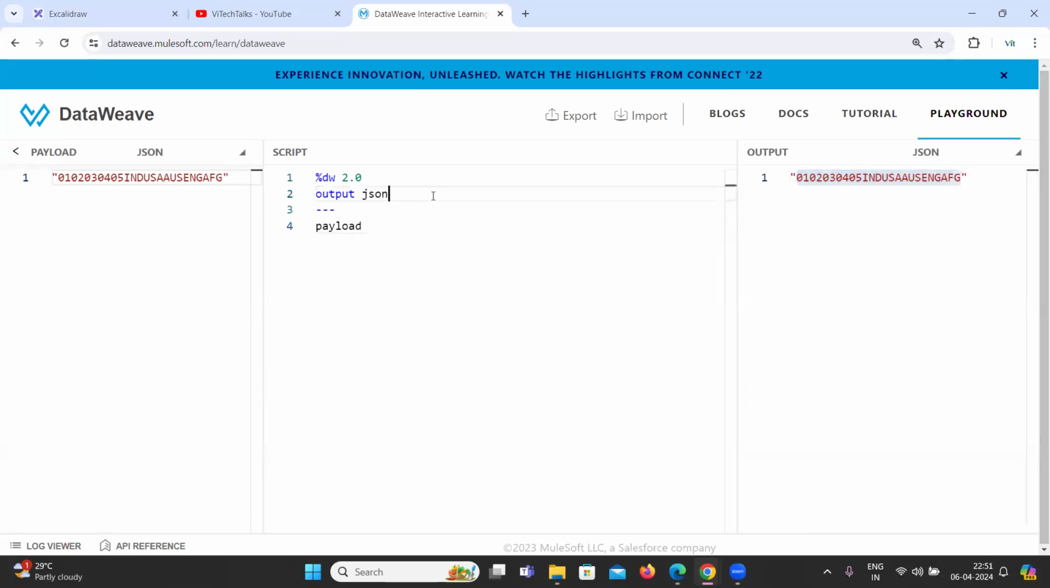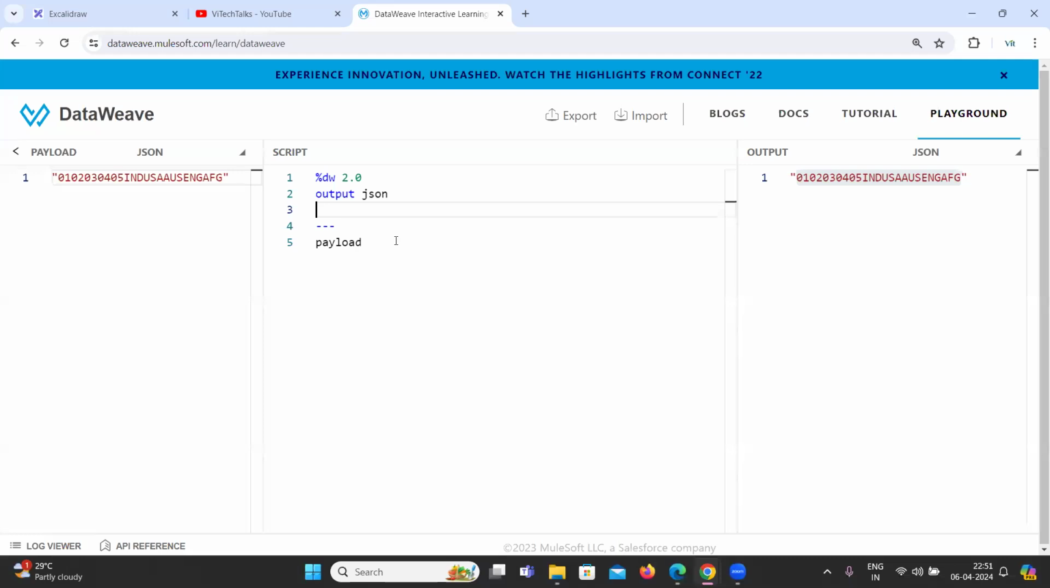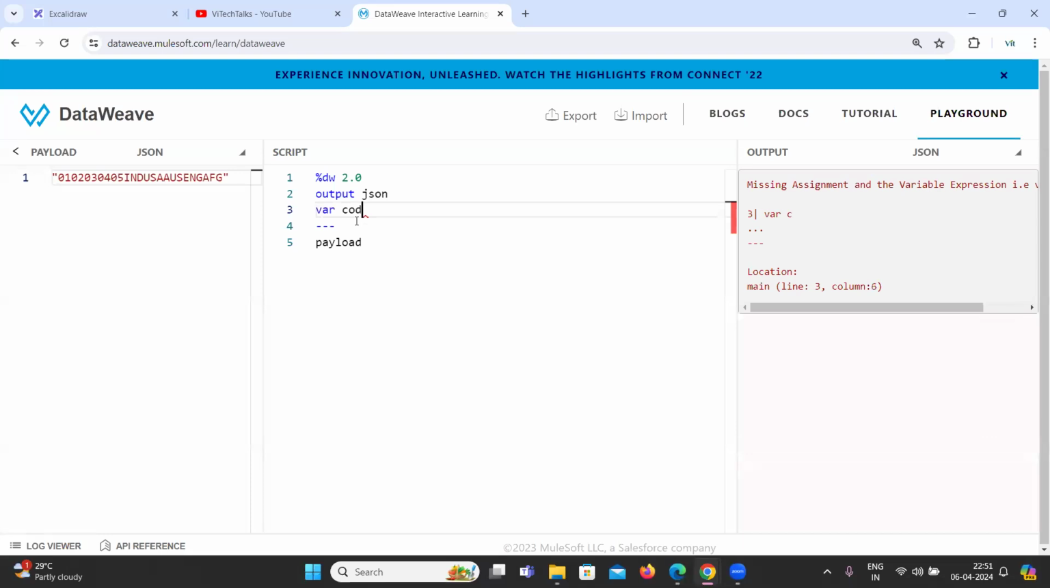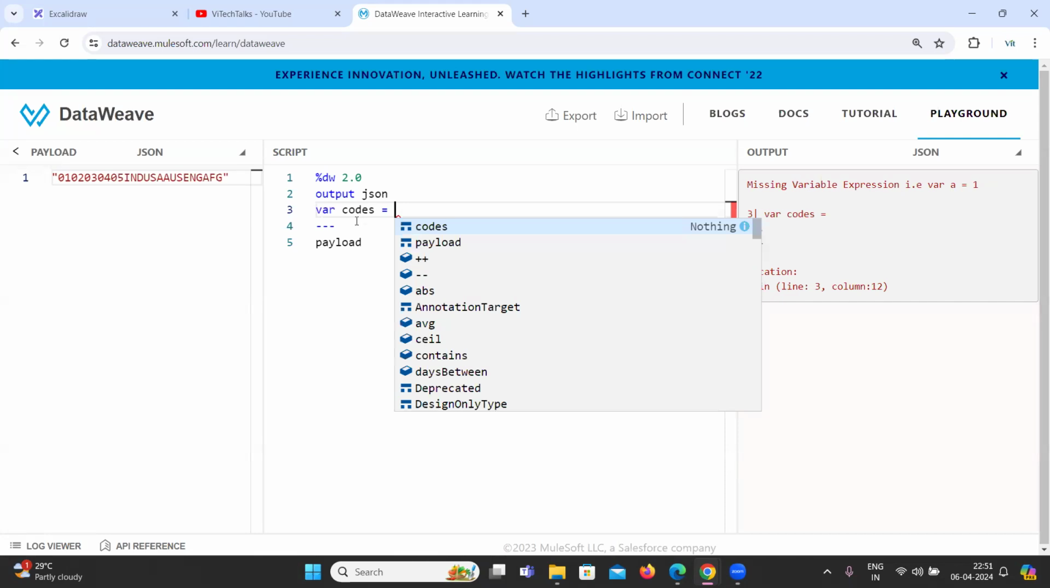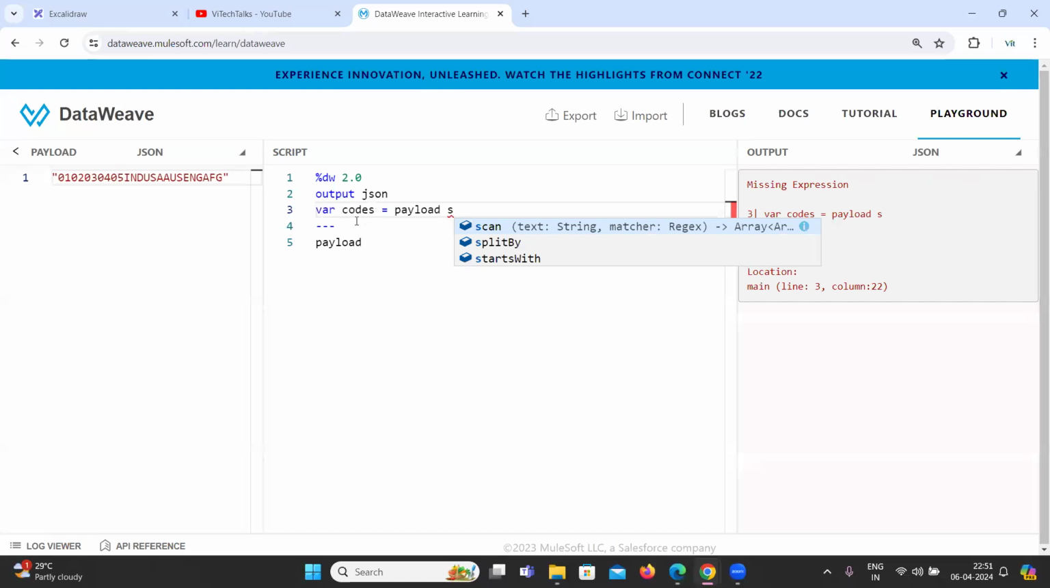Now, what is my approach? I need to separate numbers and characters first. So how can we separate? Here I'm going to create one variable for codes, where codes equals payload. Here we have a function called scan. Payload scan